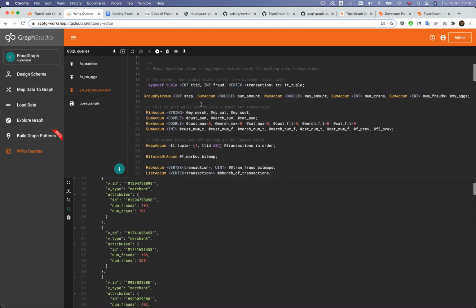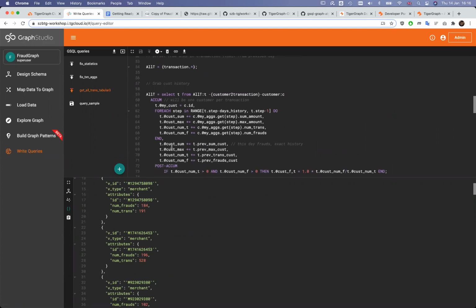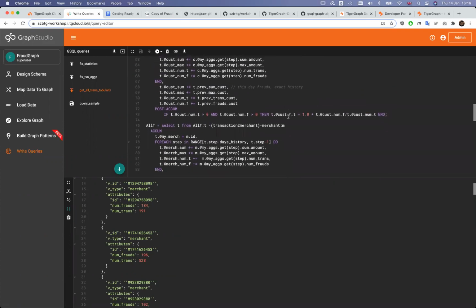GSQL is a Turing complete language, which in practice means that it's not just a query language like SQL with select statements. It also contains procedural statements like loops and ifs. You can see some examples here. For example, here is a for each loop iterating through the results. Here is an if statement, executing certain things based on a condition. These constructs make the language very flexible, very powerful. So you can actually write complex, real program code in it, which of course can be executed within the graph.